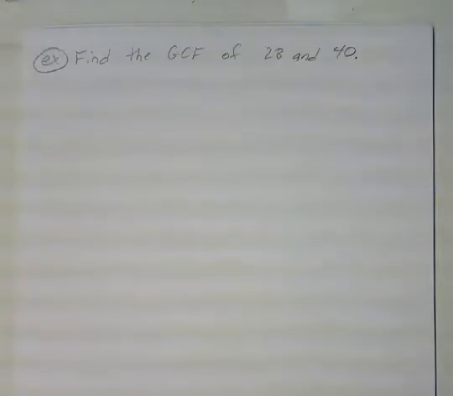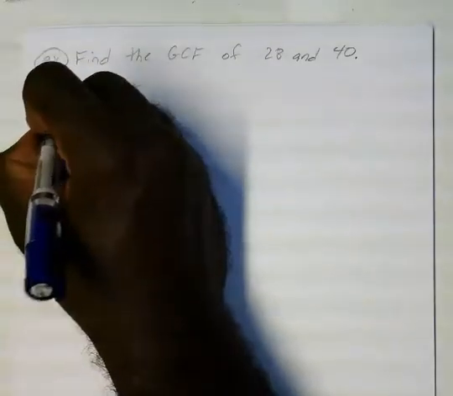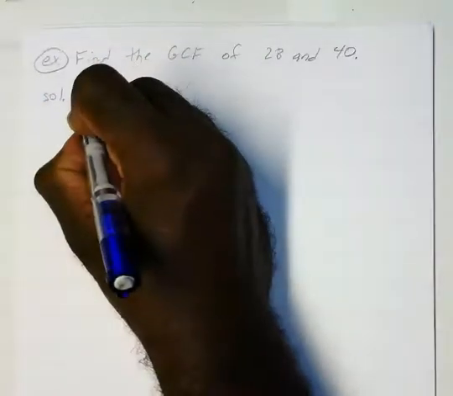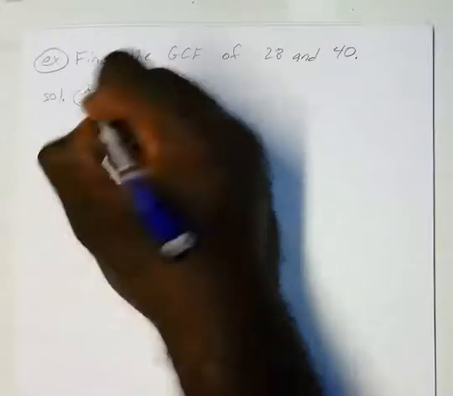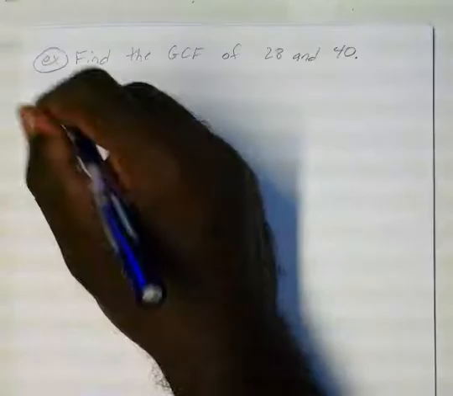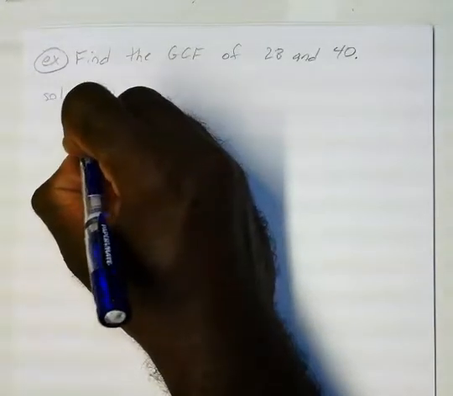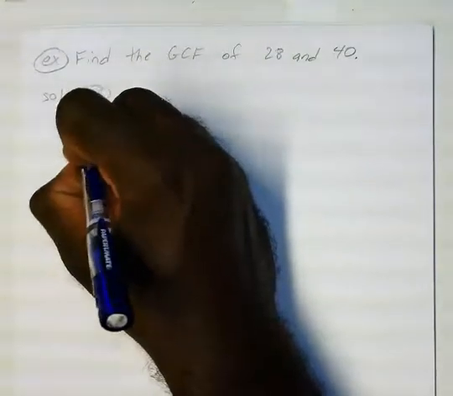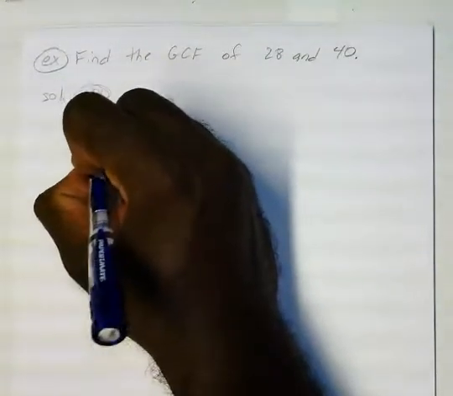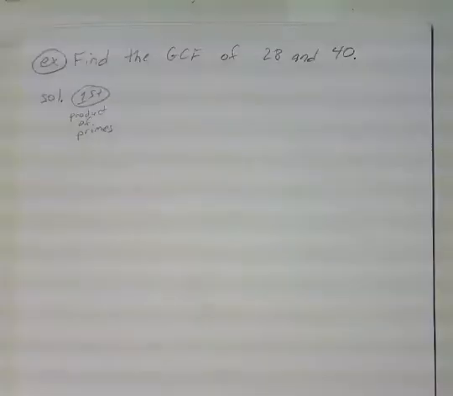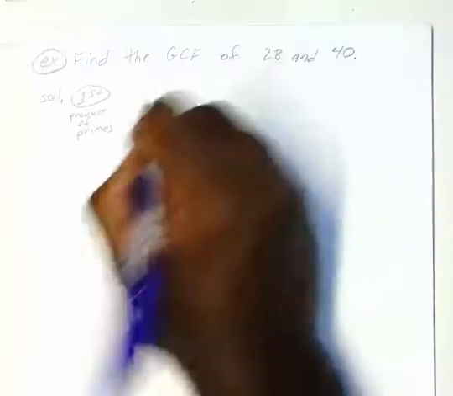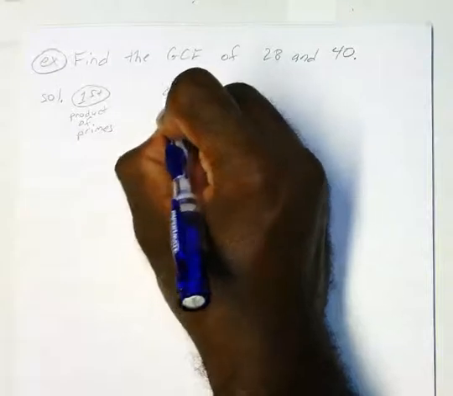Okay, so if you remember your first step, you want to factor to the product of primes. Okay, so we have our product of primes, so we have 28,